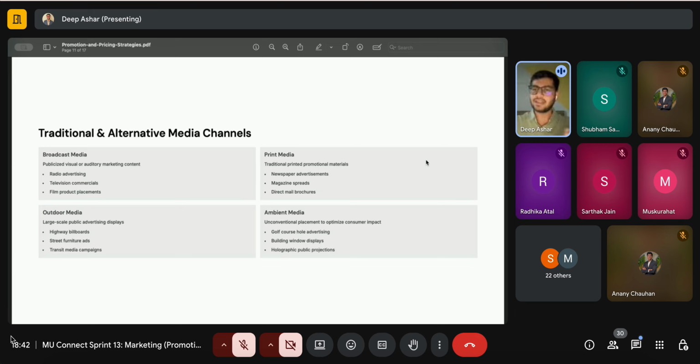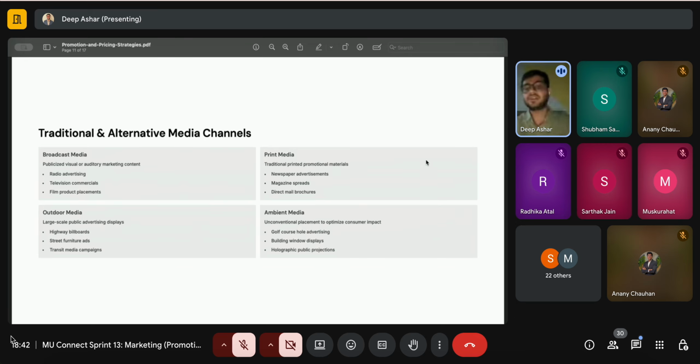I think it was done for Avengers, at least in the south, in a lot of theaters. So that's ambient media. In unconventional placement, there's a particular ad. So the difference between guerrilla and this is that here the placement can be unconventional, the communication can also be unconventional, your